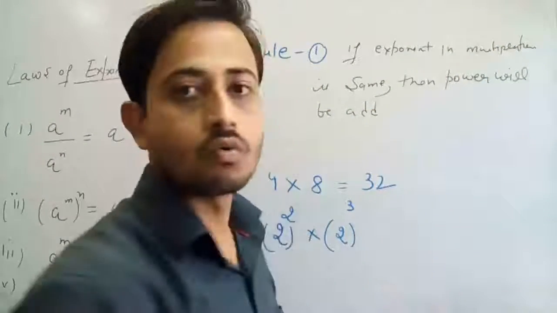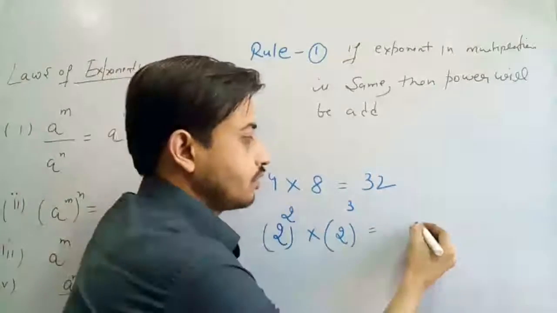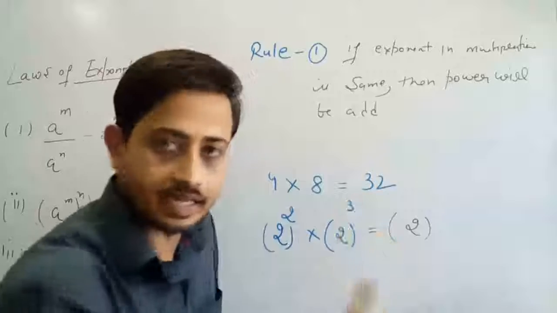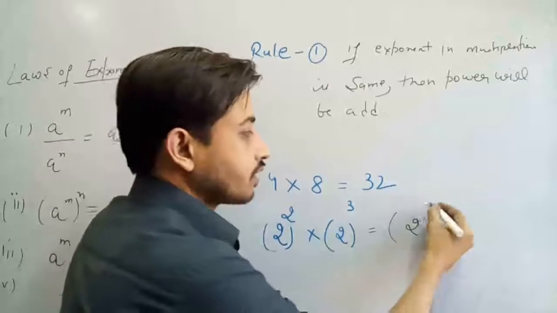This is the rule first. So in this the exponent is the same, so you write the exponent as it is and the powers are added up. So 2 plus 3 is